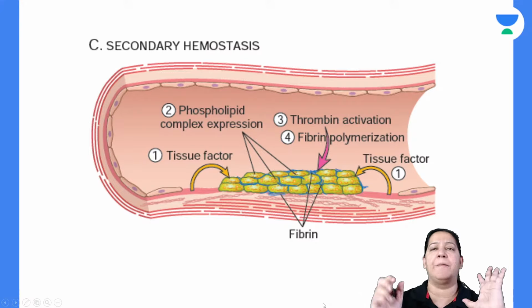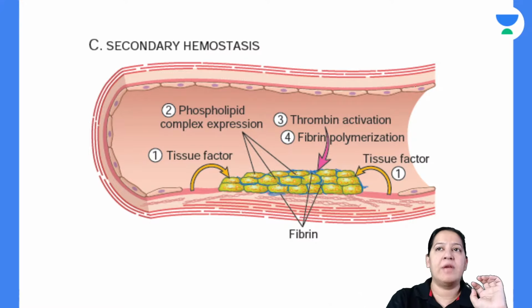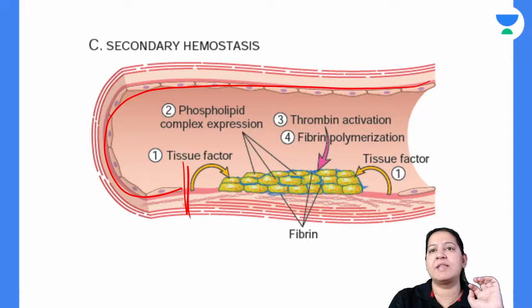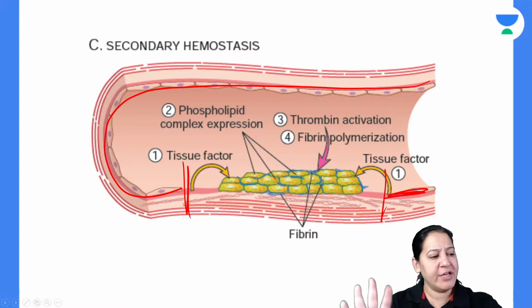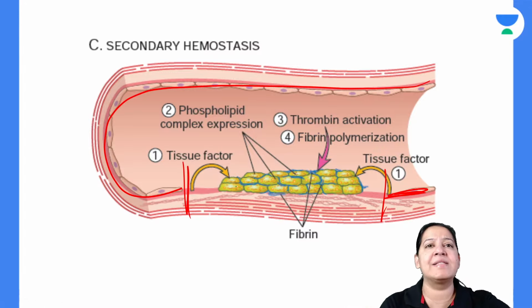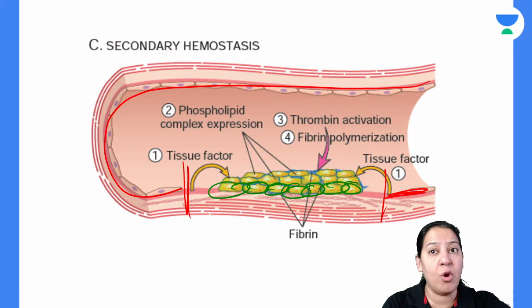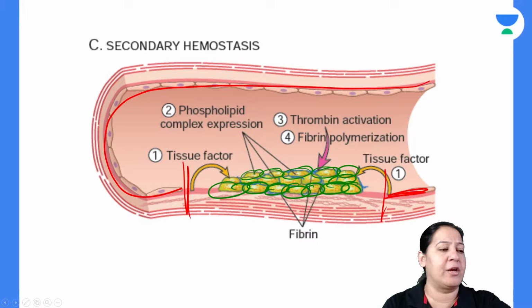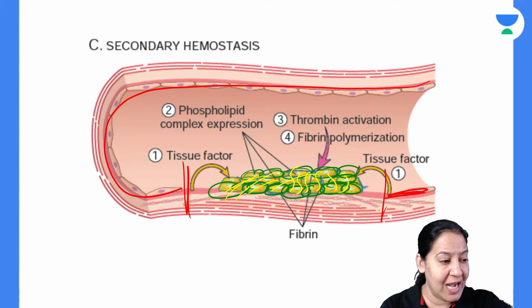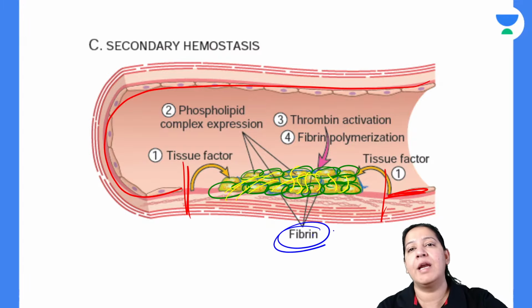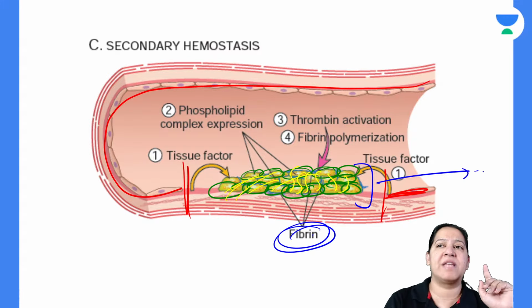Now see this diagram given in the book. Can you see, this is the basement membrane everywhere. Here is the site of the injury. At the site of the injury, can you see the green color platelets? These green platelets are the primary clot. Now over it, please try to see the yellow thread. If you zoom in, you will see the yellow thread. This yellow thread is fibrin. So this is a diagram of secondary clot.